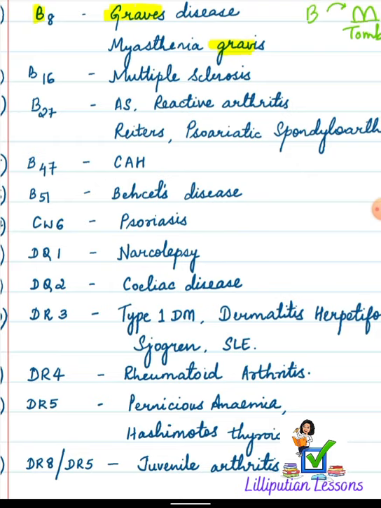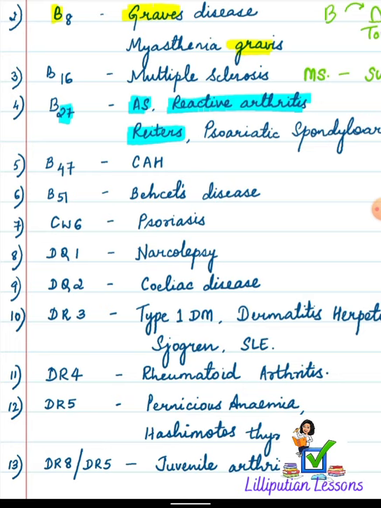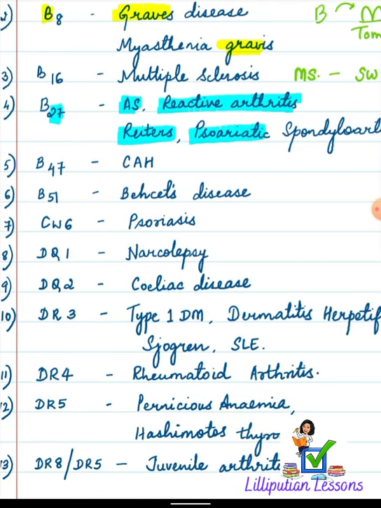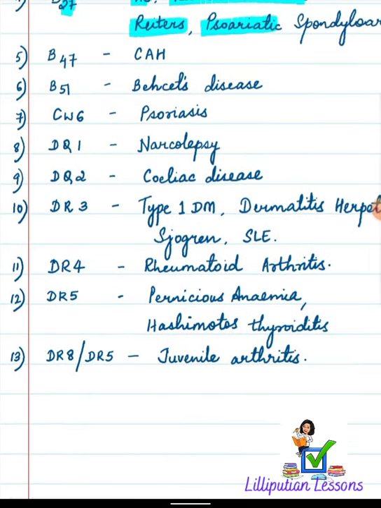Okay. Next is HLA B27. This is so important, you shouldn't need a mnemonic for this. 27 is ankylosing spondylitis, reactive arthritis, Reiter's disease, psoriatic arthritis, right? So these four you have to remember, you don't need a mnemonic for it. Okay. Next point is that